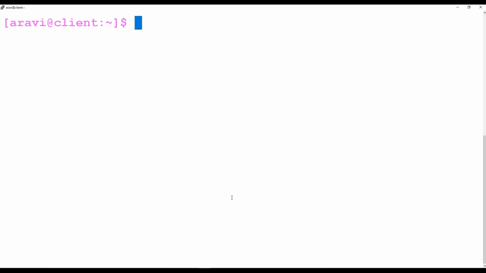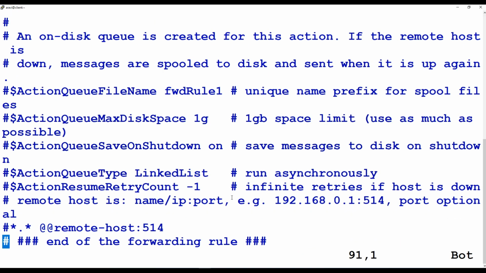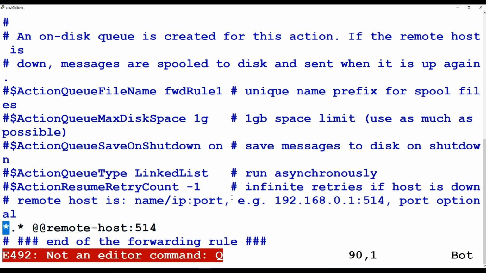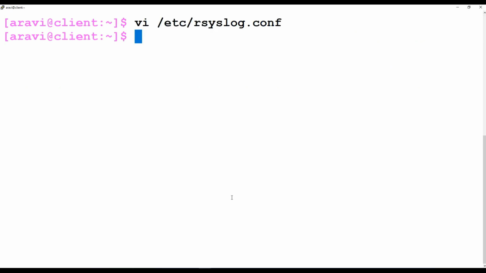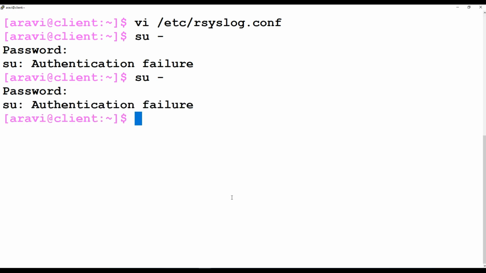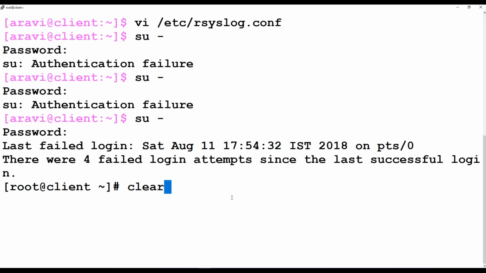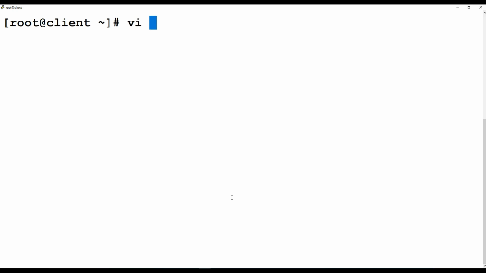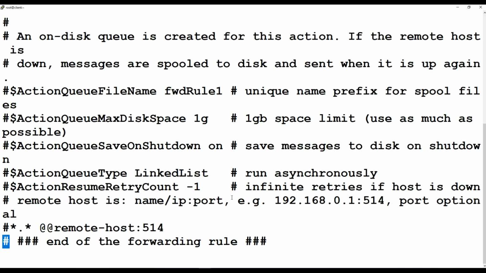Now I'm going to edit the configuration file. The configuration file over here is vi /etc/rsyslog.conf. Just go down and uncomment this line. Sorry, I have to edit with the proper file. Now I'm going to edit the configuration file /etc/rsyslog.conf, and on the last line you uncomment this one and provide the remote server IP address